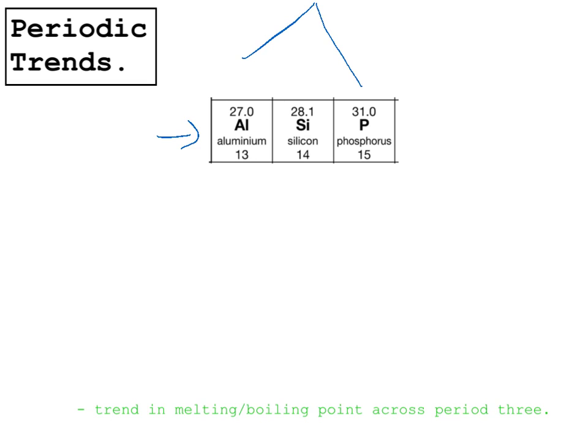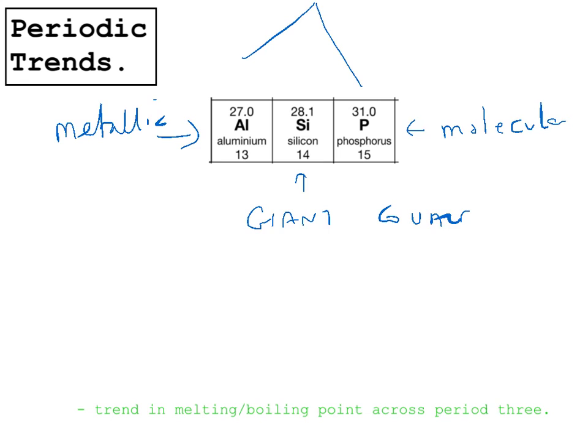So aluminium is metallic. Phosphorus is molecular. But silicon is giant covalent, which means that its structure is made up of entirely covalent bonds, or all the atoms are joined by covalent bonds, which means if you want to melt silicon, then you have to break every single one of those covalent bonds in its structure. Silicon has a very similar structure to diamond. So if you're describing why it has such a high melting point, you would say that to melt